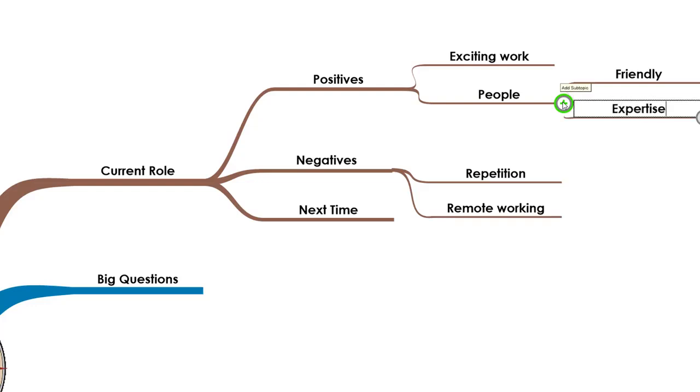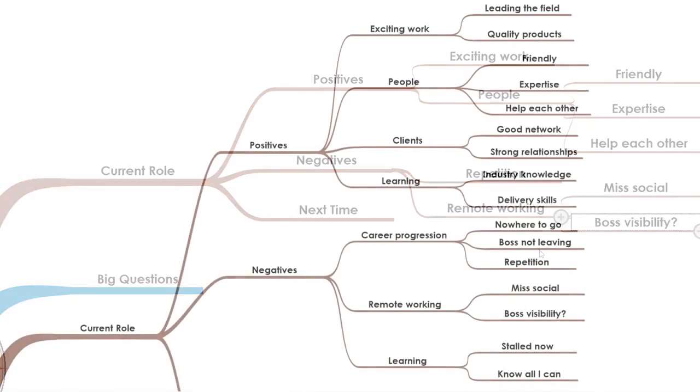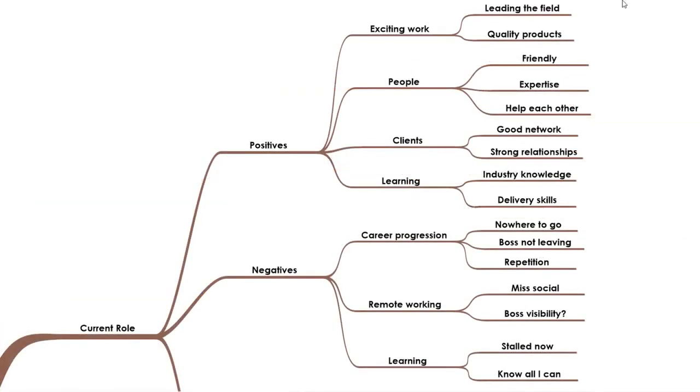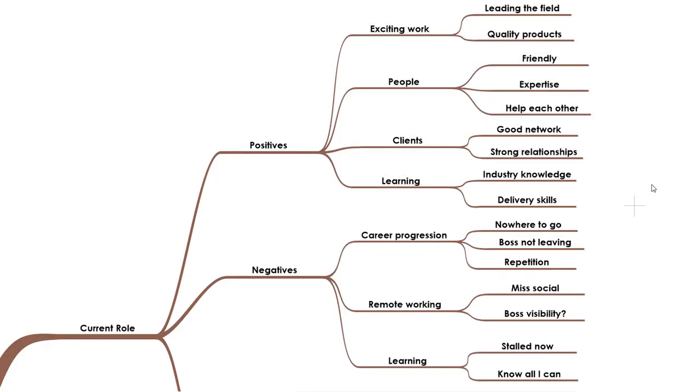So what is it about the people that you see as a positive? We can use the mind map structure to expand a little bit further on that topic and give ourselves a little bit more clarity about why we view people as a positive. Similarly, with too much remote working as a negative, we can build on that within the mind map structure to just inform our own thinking about why too much remote working is a negative. If we look at a more developed version of this mind map, you'll see how the software has allowed us to capture a lot of information in an expansive way, but still keep everything organized and well structured.